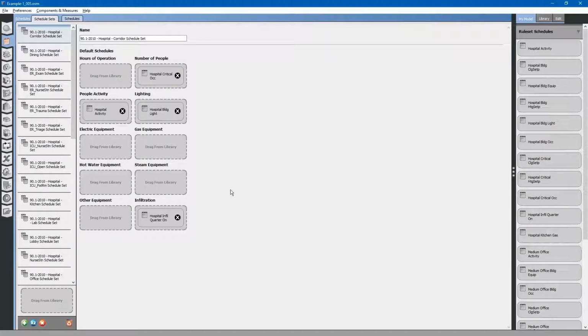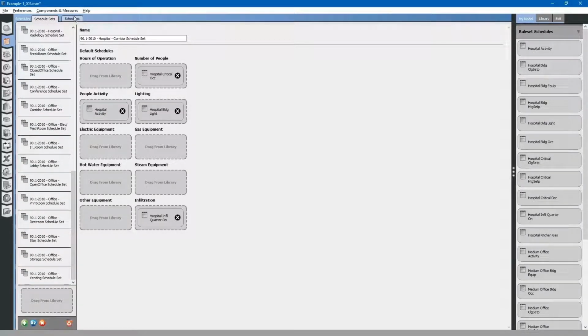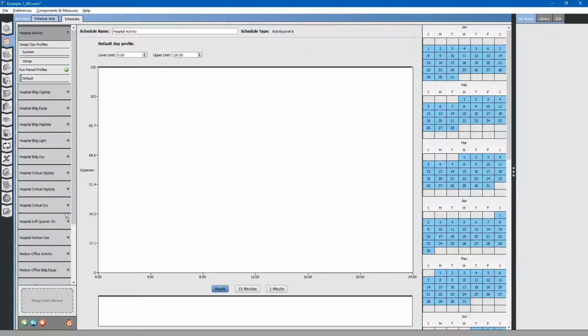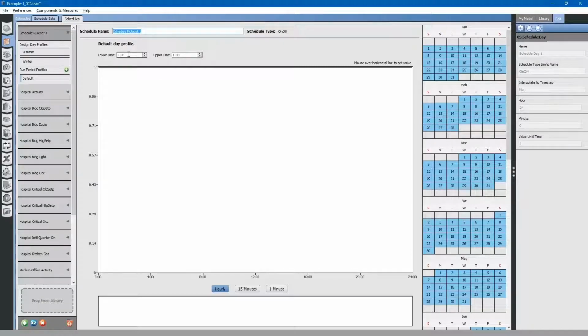Click on it. And by default, I always just add a typical on-off exhaust fan schedule, because the model doesn't incorporate exhaust fans. We'll click Add. Oops. No, we don't want that. We'll just delete this. We actually have to go to the Schedules tab up here, and then we'll do Add, and it's just going to be on off for an exhaust fan. Click Apply. We're going to call this exhaust fans,